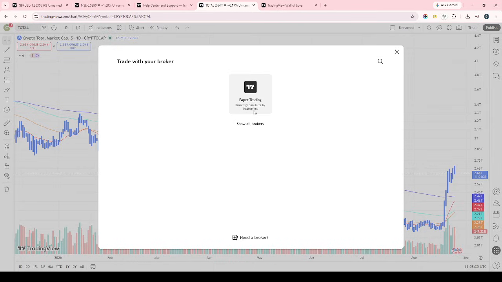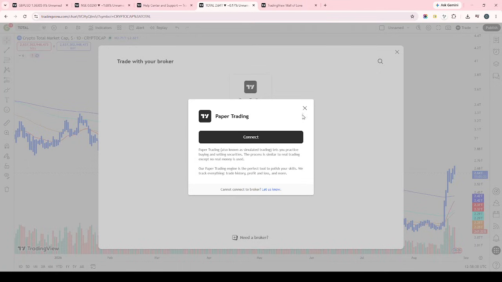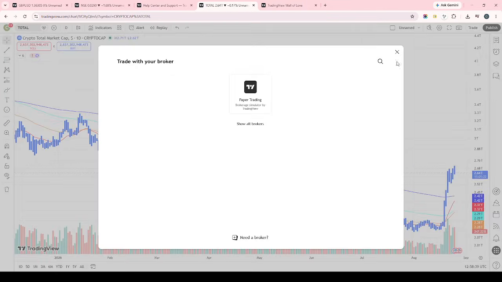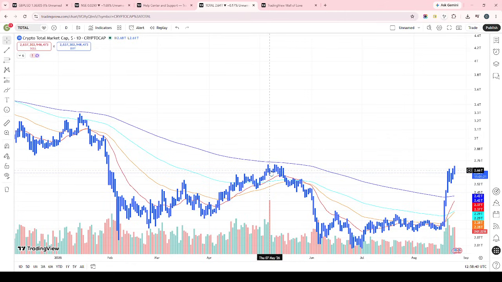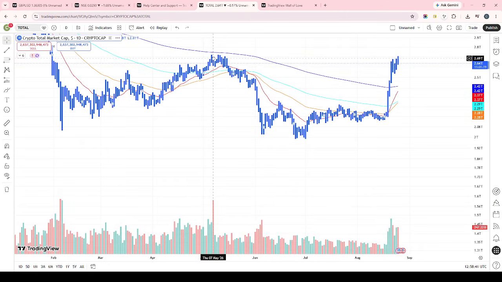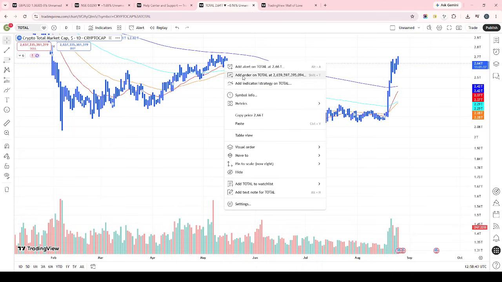When the Pine editor opens, you can either view the script that's already there or paste your own Pine script code into the text field. If you're pasting code, make sure the script is complete and formatted properly so TradingView can read it correctly. On a phone screen, it can be easy to miss small formatting issues, so take your time and scroll through